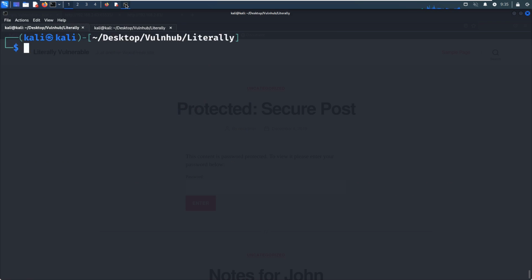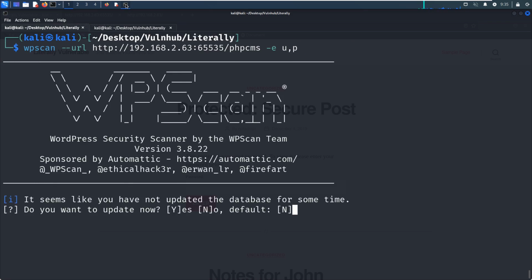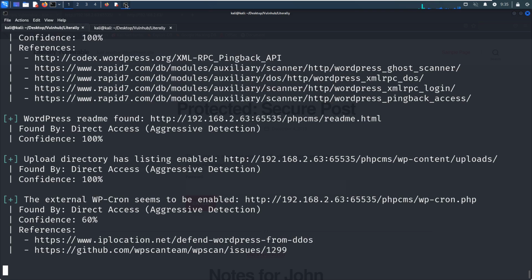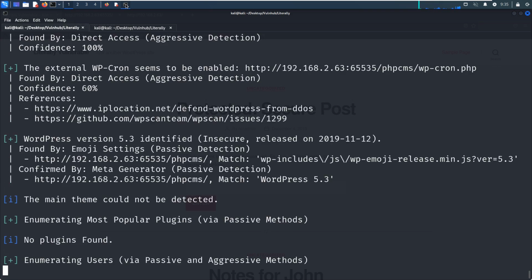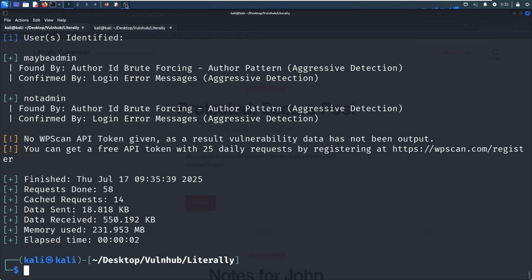We can make enumeration. Okay, so we try to enumerate usernames. So here, the two users